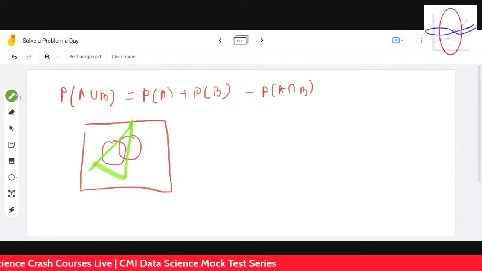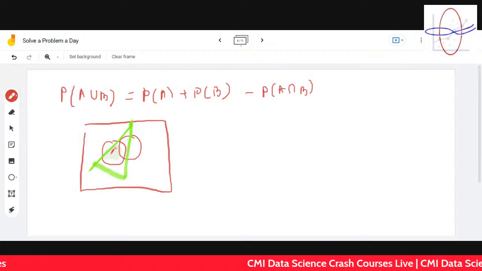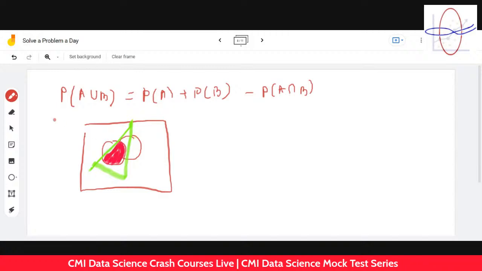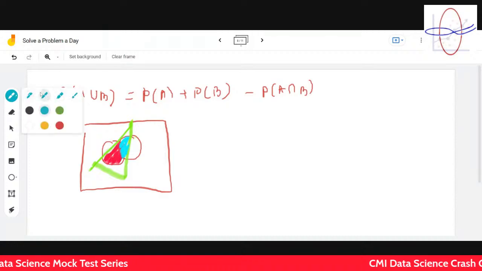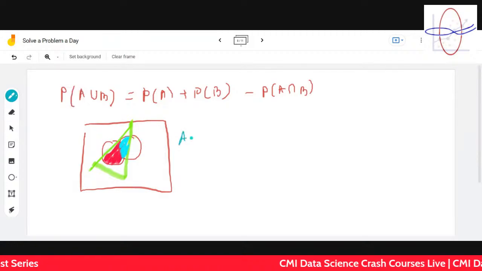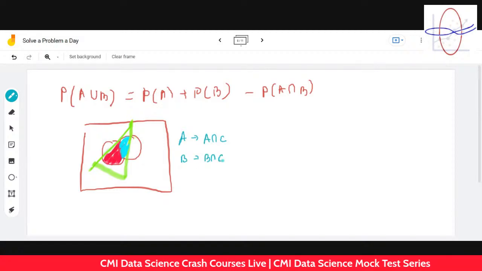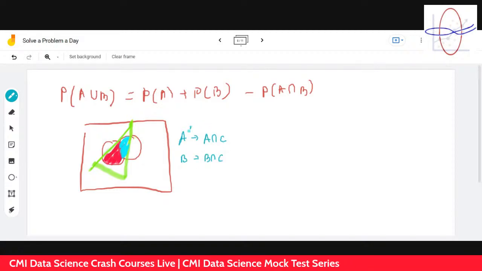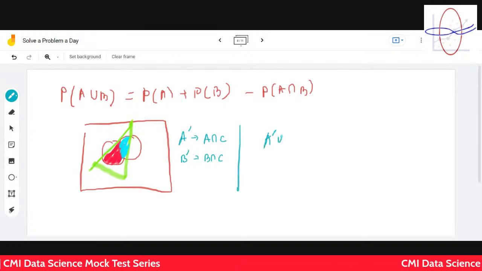Let's see how A and B change. A changes to just this part, and B changes to the other one. So A goes to A intersection C and B goes to B intersection C. Now if we call them A dash and B dash, here also the probability of A dash union B dash